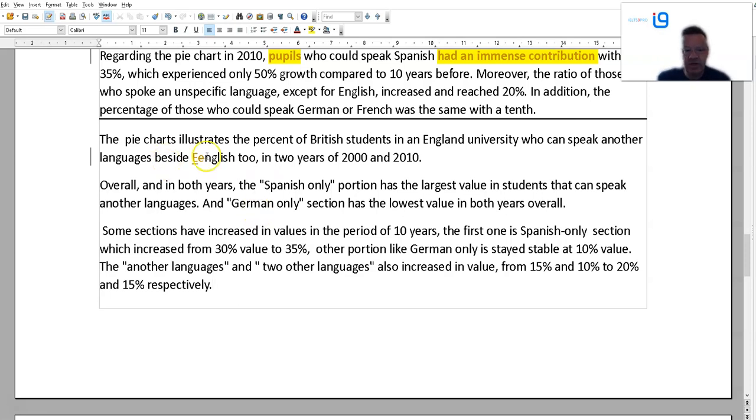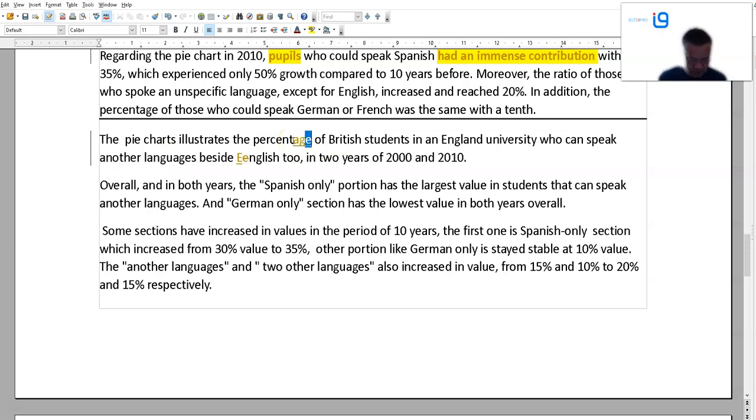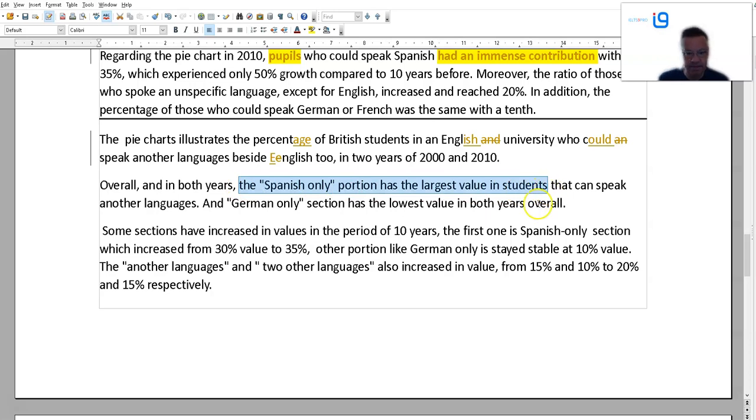Pie charts illustrates a percentage of British students at English university, who can speak other languages, or who could speak because it's in the past. Besides English in 2 years, overall both is a Spanish over portion. Okay, so they've identified that, the Spanish. And so this is more like it. So you've got the biggest and the smallest. Yeah. But in terms of a bigger picture, as I say, language